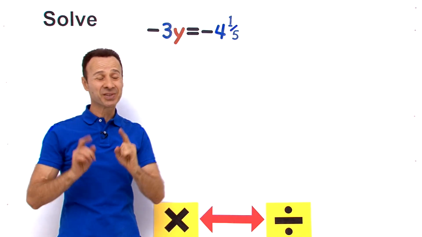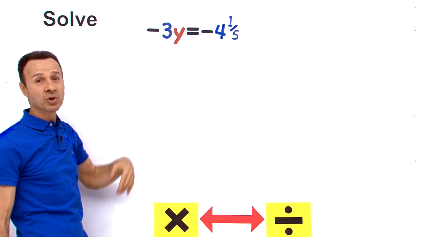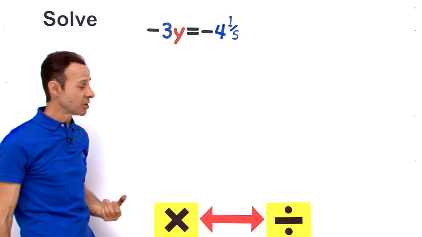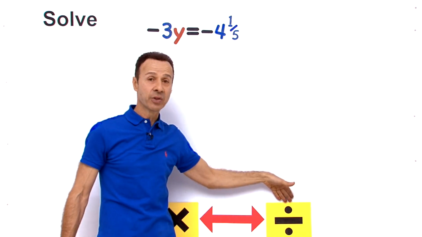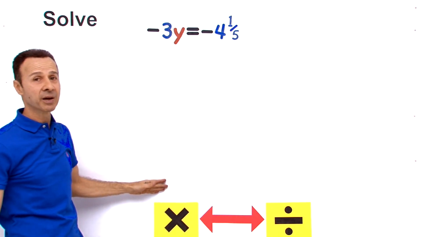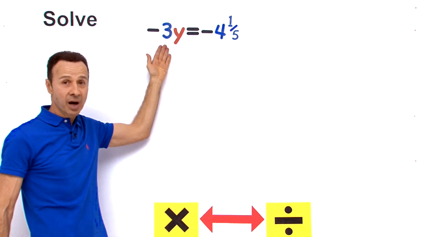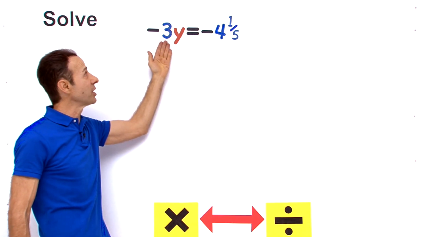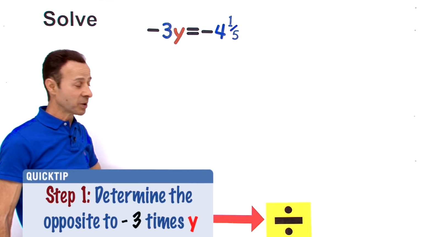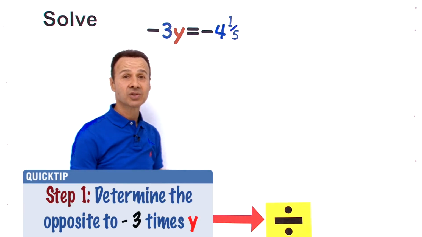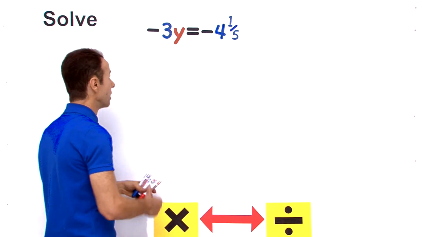In order to get it by itself, we need to get rid of that -3. So to get rid of it, we use opposite operations. We have operations, the opposite of multiplication is divide, and the opposite of divide is multiply. So let's have a look at what we have here. We have -3 times y. We're multiplying -3 by y. So the opposite operation of multiplication is division. So to get rid of the -3, we divide